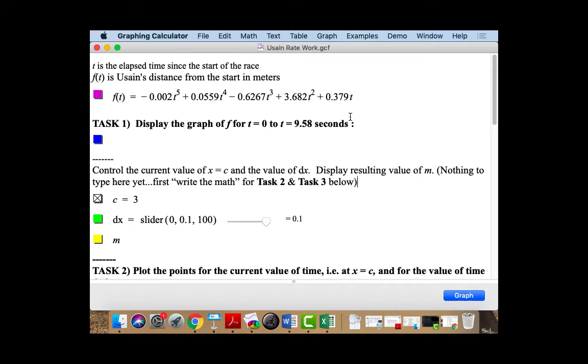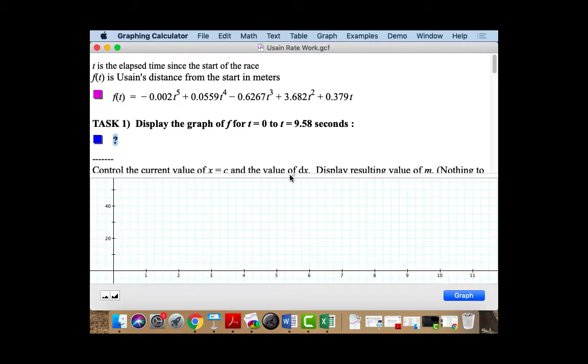think about it for a second: what is it that you need to tell GC in this blue area here to get it to graph that function that's previously been defined? Because if you look right now, there's nothing in the graph. Well, there might be something, but it's not what we're supposed to be looking at. There's some built-in stuff all the way down at the bottom. But if I want it to graph that,